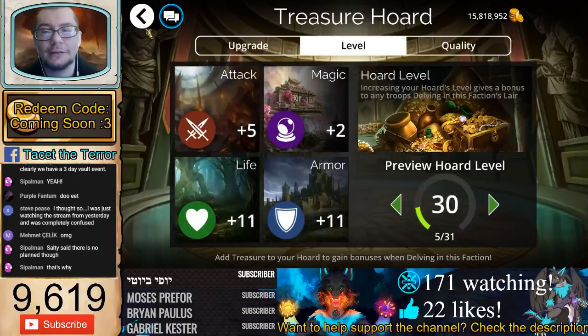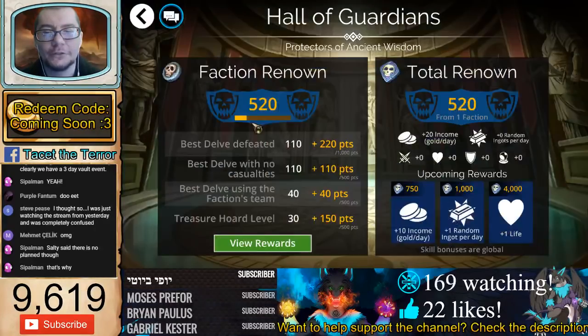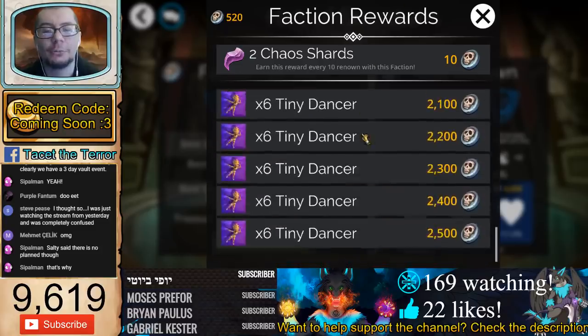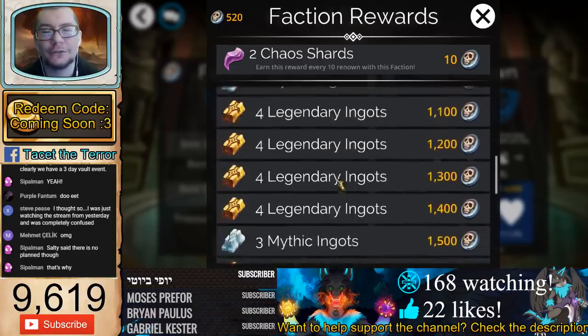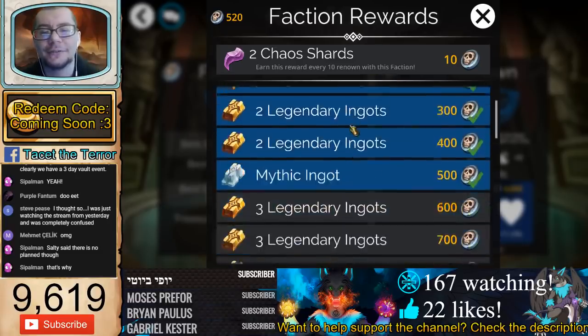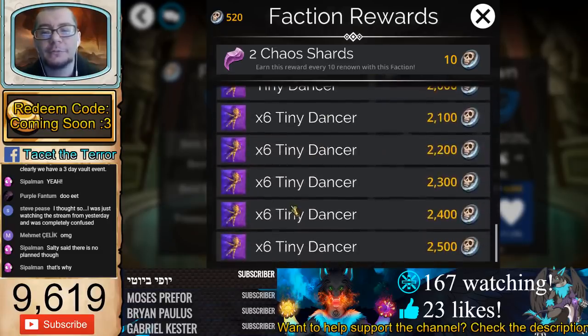Let's see, what's our current renown as well? We got some more renown because of the treasure thing. We're at 520. I believe there's an achievement for reaching 1,000. It's going to be so hard. One of the new achievements is reach 2,500. That is so ridiculously difficult to do. Like, absurdly difficult. I think we'll need to wait until, like, 2,400 or something before...